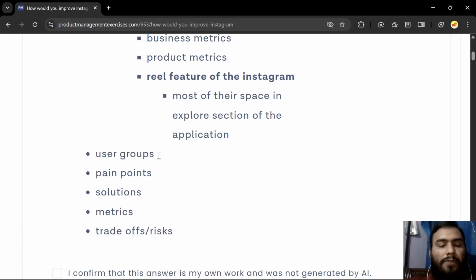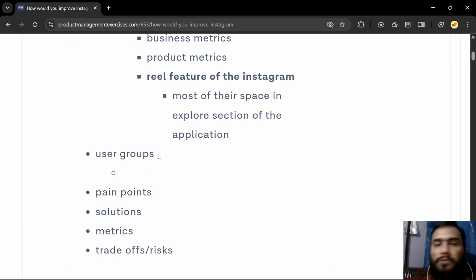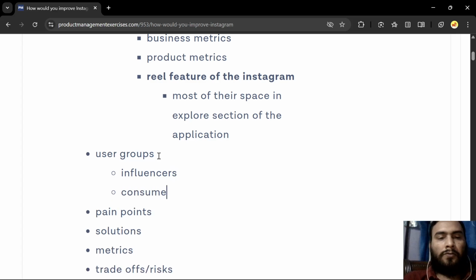Let me group or find some of the user groups, those who are the main beneficiaries or main groups for this reels feature. So I am categorizing them, let's say influencers, let's say consumers.